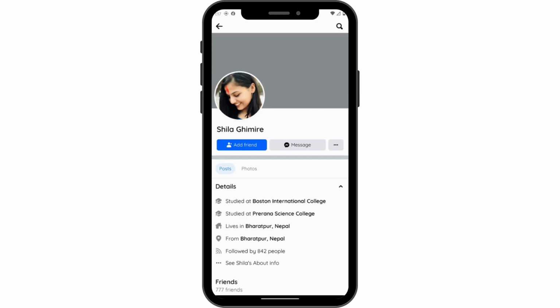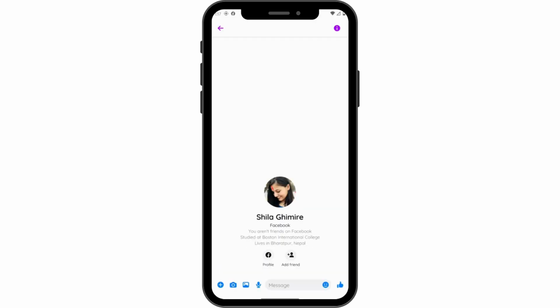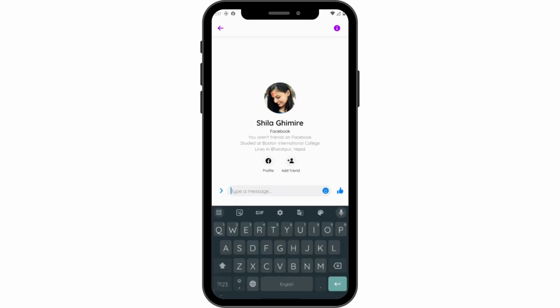If you don't want to tap on add friend and you don't want to add this person, then the only way to be friends with this person is to go to the message bar, which is on the right side of add friend. Tap on that and it will automatically take you to your Messenger chat,